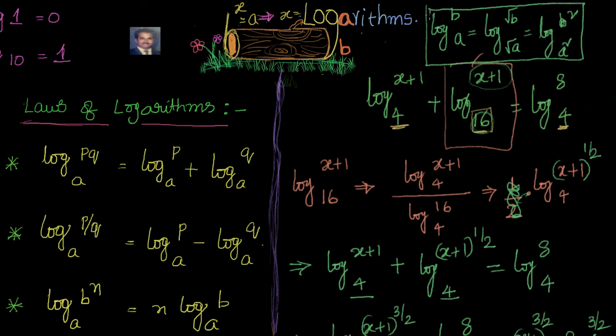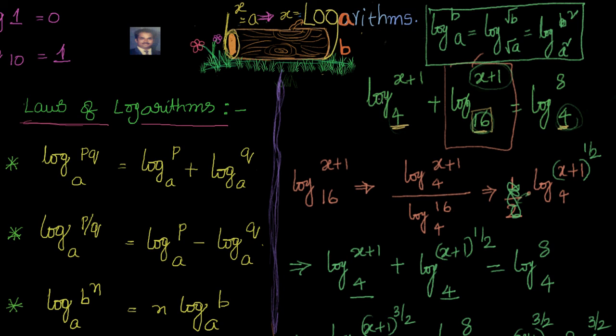So the key takeaway from this problem is that now you can try this whole thing in base 16. Convert this into base 16, convert this into base 16. Maybe it becomes easier. Let us do that right now. If I convert this into 16, according to this formula, this becomes x plus 1 whole square. Similarly, this becomes 64, because if I am squaring here, I should square there also. This is nothing but x plus 1 whole cube equal to 64. That's nothing but x plus 1 equal to 4. Straightforward and simple. So any way you want, you can do that.